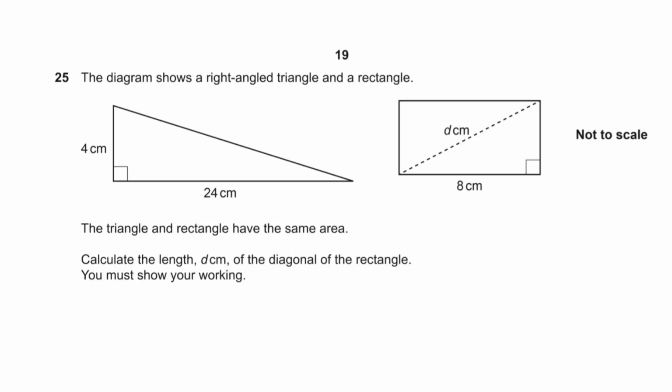Question number 25. The diagram shows a right angled triangle and a rectangle. The triangle and the rectangle have the same area. We have to calculate the length of D of this diagonal of the rectangle. First thing we can do is find the area of the triangle. So we've got 4 times by 24, and if we work out what this is,